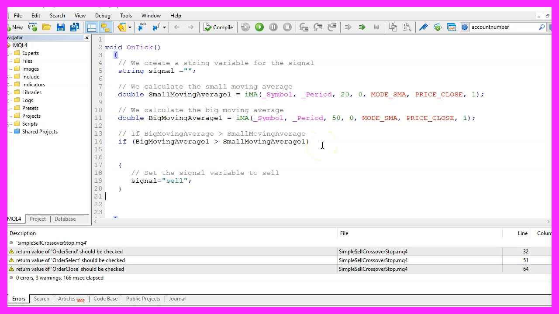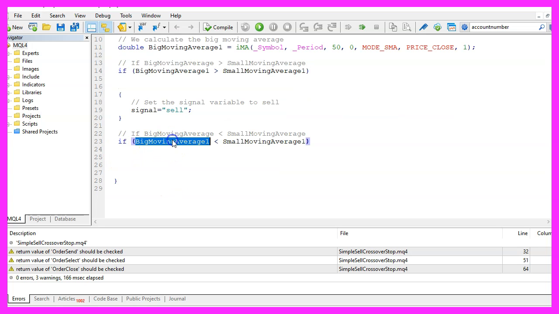And if that is the case, that would be a sell signal, so we assign the word sell to our signal. In the other case, if the value for big moving average 1 is below the value for small moving average 1, we would consider that to be a buy signal,